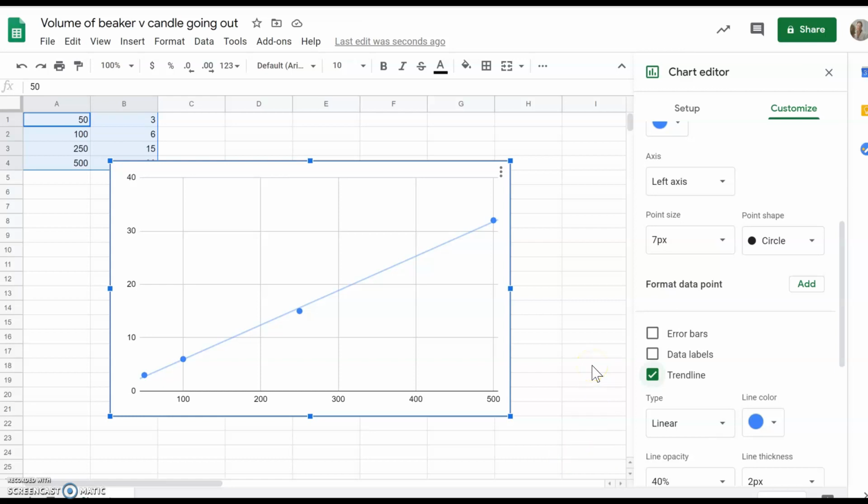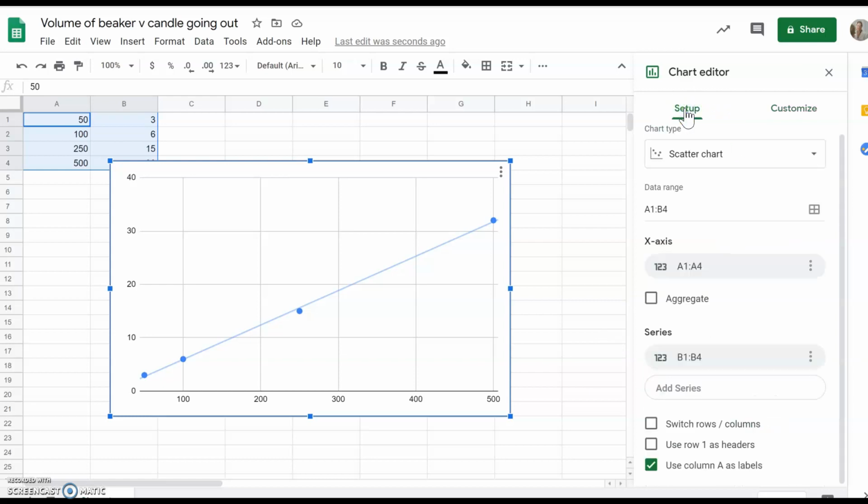Now, as you know, that's not a finished graph. So what I'm going to ask you to do now when you have a go yourselves is go back to the setup,